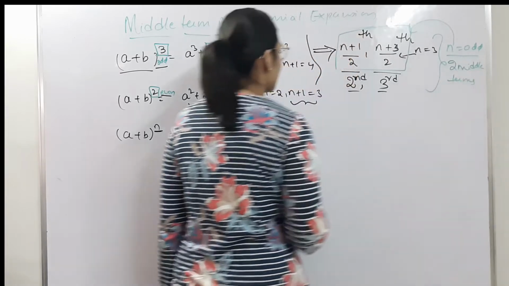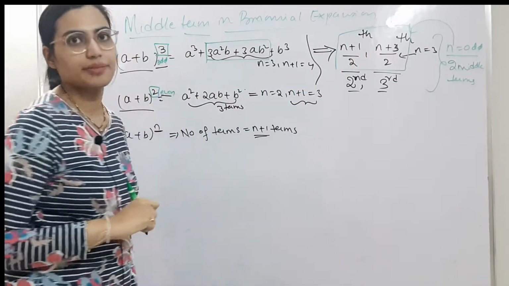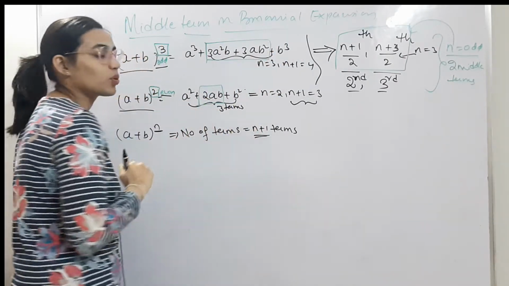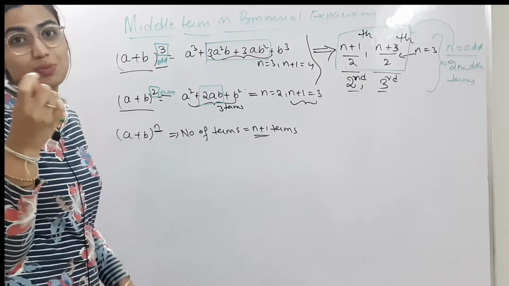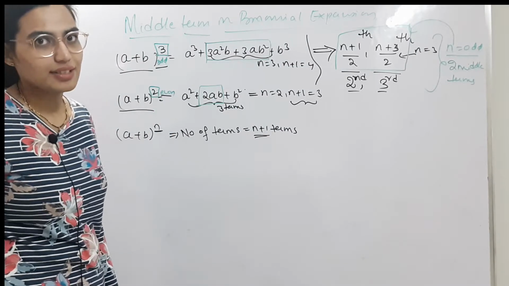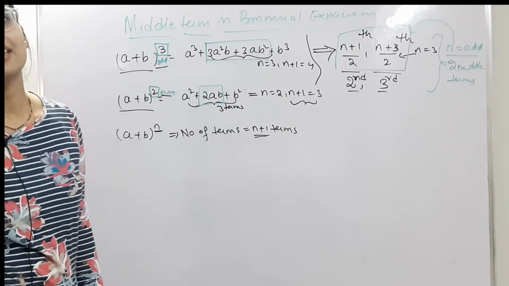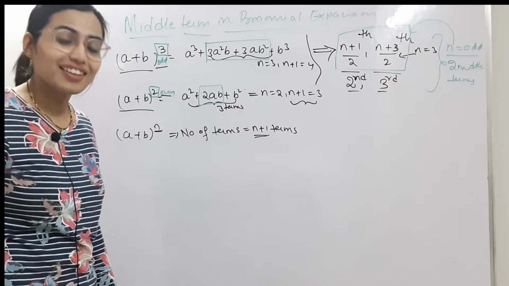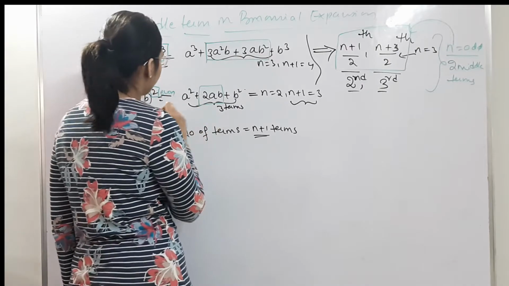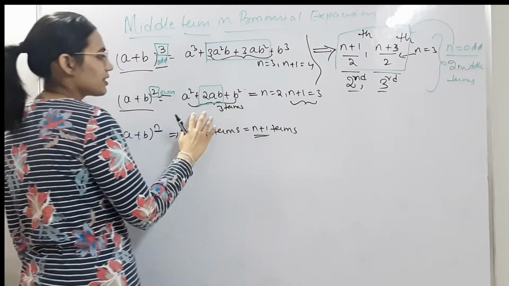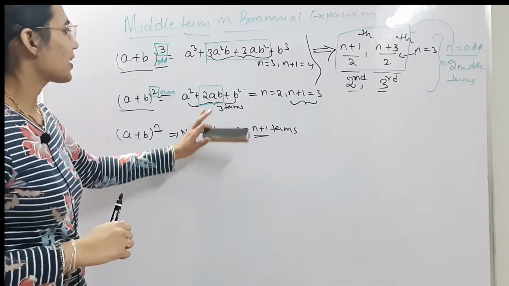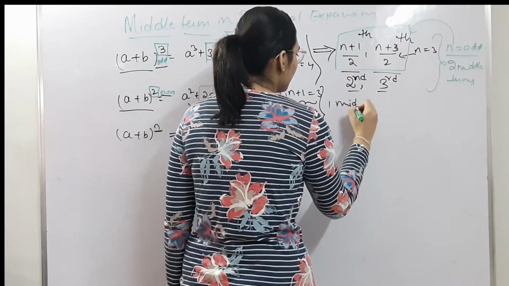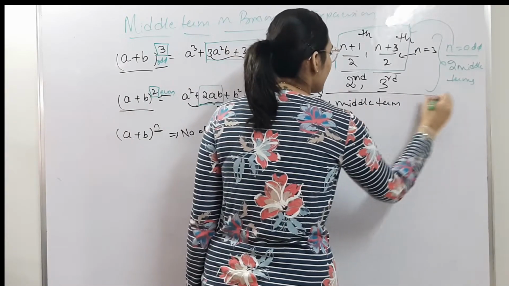And in the same way, now let's try to look into the even power. How many middle terms do you have? Without knowing that concept, you'll say straightforward 1. Okay? Even power, and it's a small power. You know the expansion, you'll do it and you'll get it. But what if n is like 10, 20, 30? Even though they are even powers, there is no direct way for us to find it. We would need to write the entire expansion. Rather, here if you observe, 2ab is the middle term. That means just by conclusion, you can say that there is one middle term in an even power, whenever n is even.